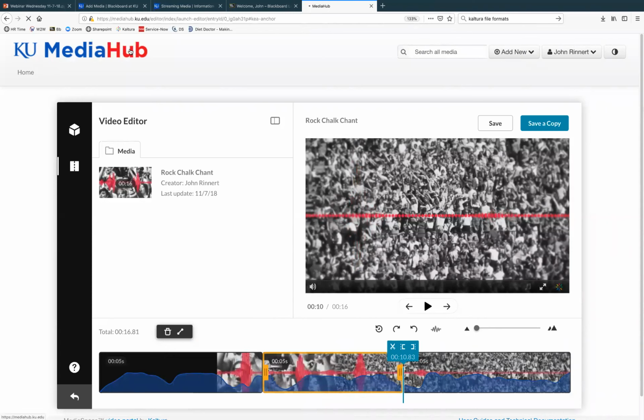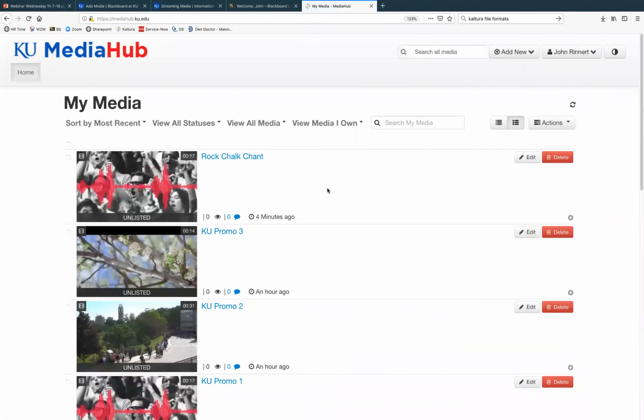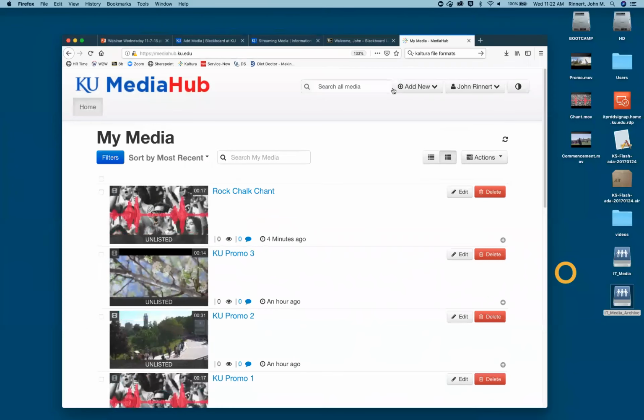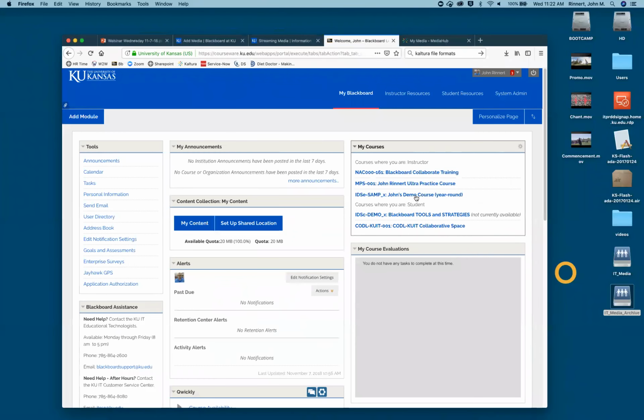I'm not going to save those. I'm going to go back out to the front here, because before we dive too far into some features you can do with that, I also want to show pretty much this same process for those of you that are instructors of Blackboard courses, or would like to use Blackboard, is the fact that I can go into a course